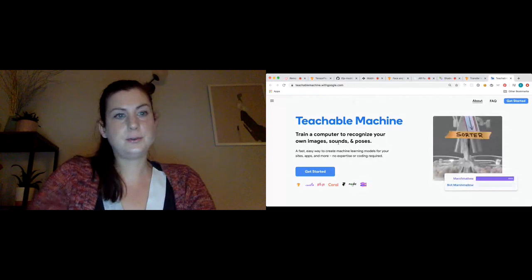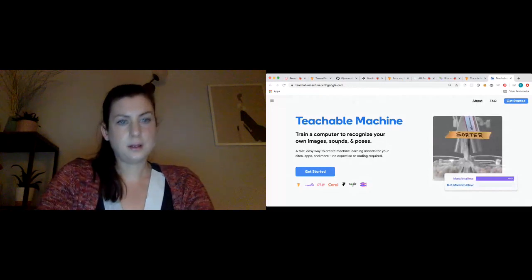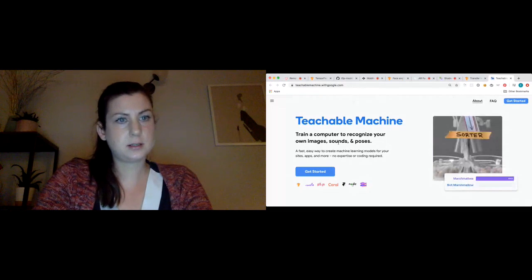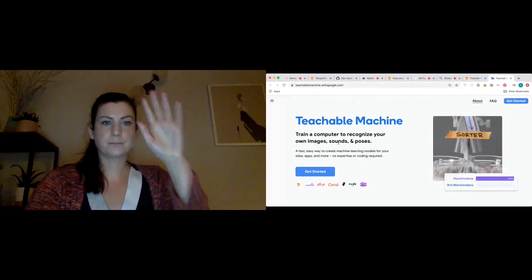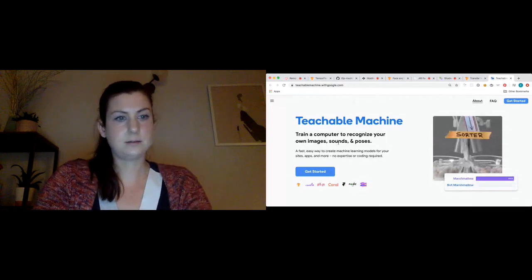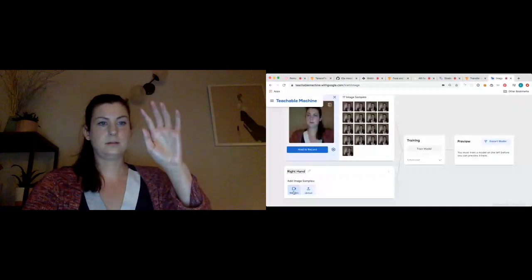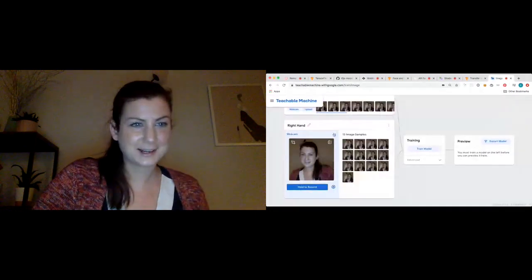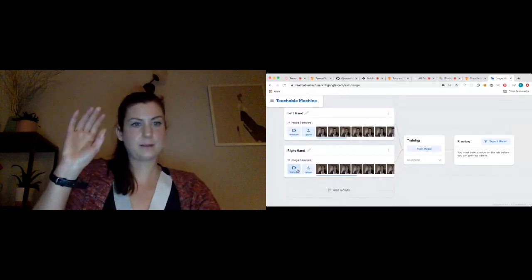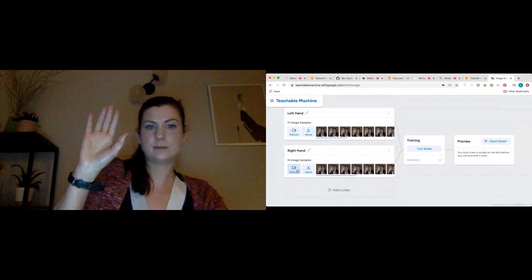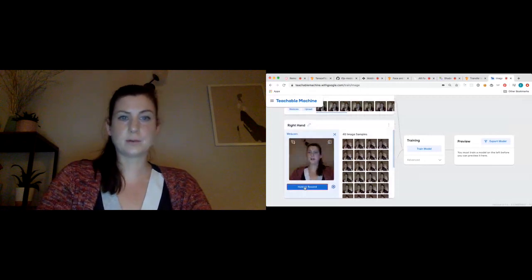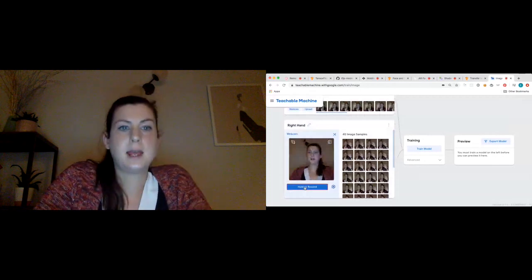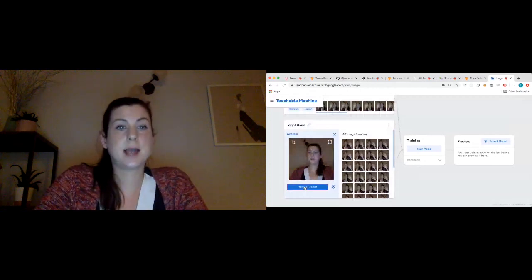If I do webcam here, I'm going to do left hand, and then I'm going to click hold to record. And then I'm going to do right hand here. Oh, no, it's not my right hand. And then I'm going to add an extra class and do no hands, and then hold this to record, collect a few images. Okay, so here we've got 3 different classes, and